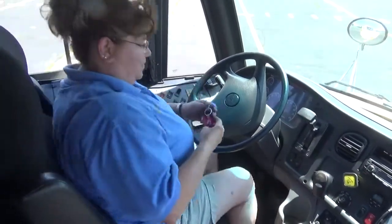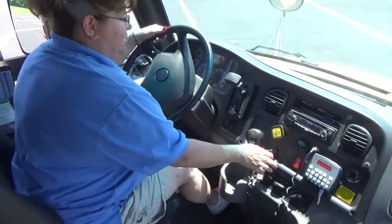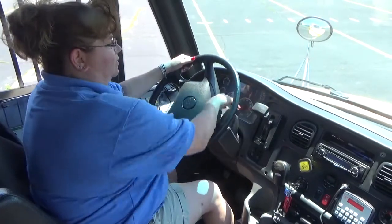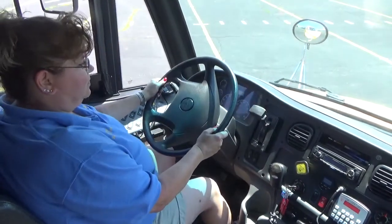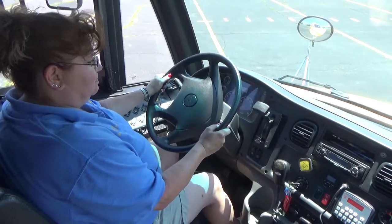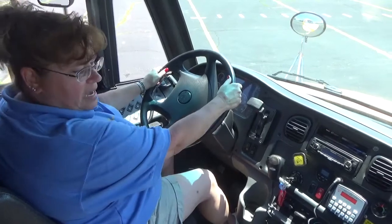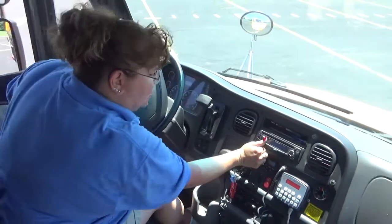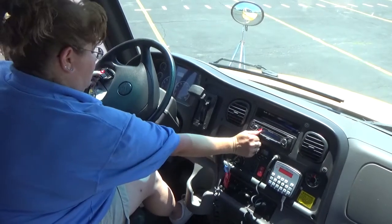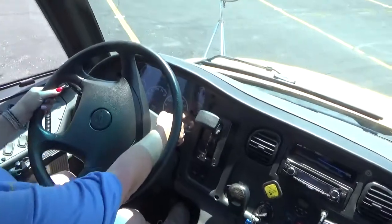Key out of my pocket. I'm going to put the key in the ignition, and I'm going to turn it to run. My ABS light comes on and goes off, and all of my gauges reset. I have enough air to do my CDL brake test. I'm on level ground, and I can see I will not roll. When I release my parking brake, I'm going to watch my gauge. I should not lose more than 2 psi in 1 minute,